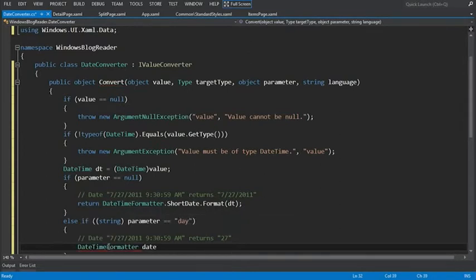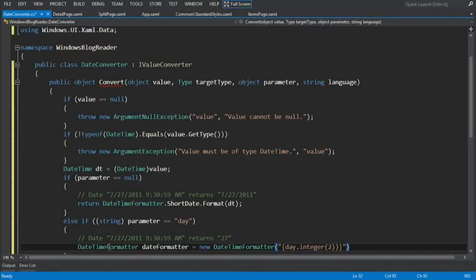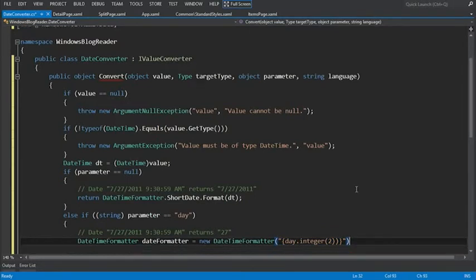And we'll call this date formatter equals new datetime formatter. And within here, there's a specific format template that we're going to use. Day.integer2. And this will format it to be 2 days returned. And what we'll do here